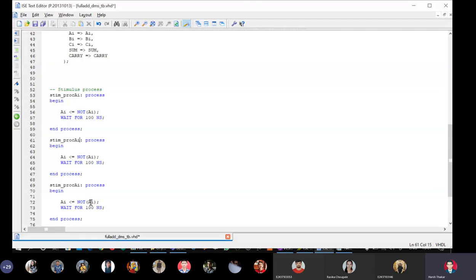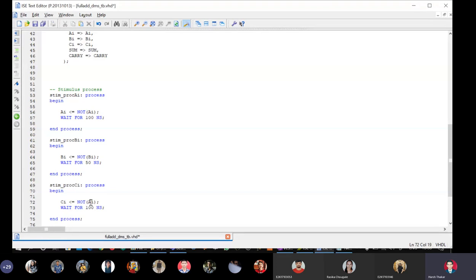So I will convert this into the process for BI. I will change this to BI. BI gets not of BI. Change the time period to 50 because the second bit is 2 times faster. Go here, make it into CI.